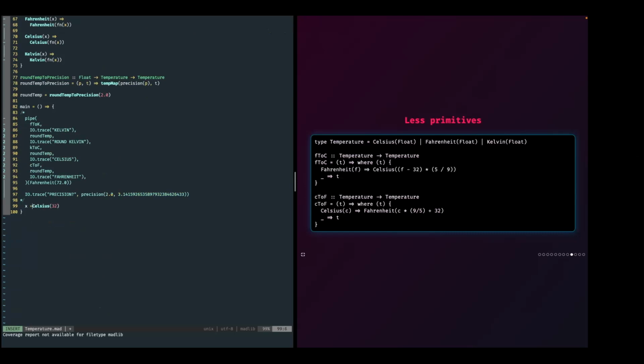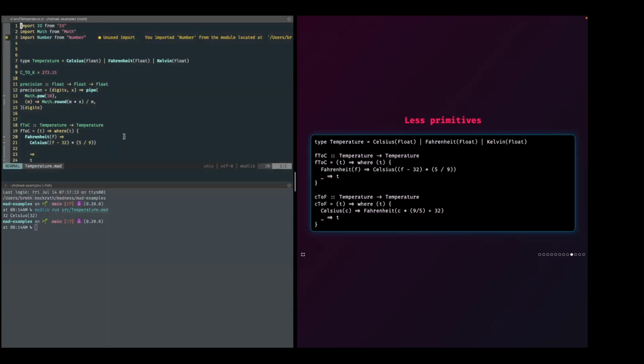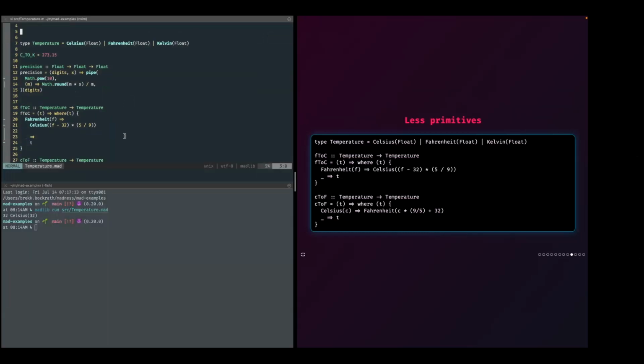I could assign it to a value. In this case, I'm going to print it, 32, and 32 Celsius, cool. And yes, it is Vim.